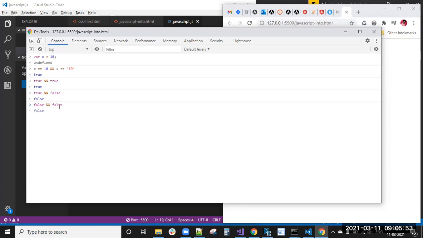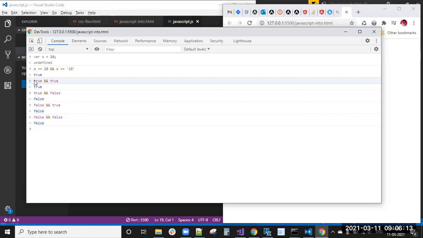Both are true only, you will get true. If any one is false or both are false, you will get false.